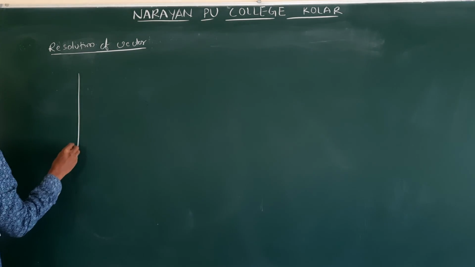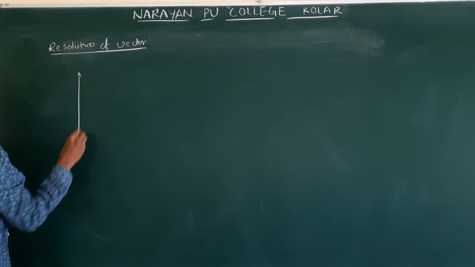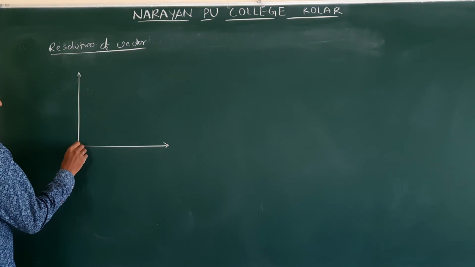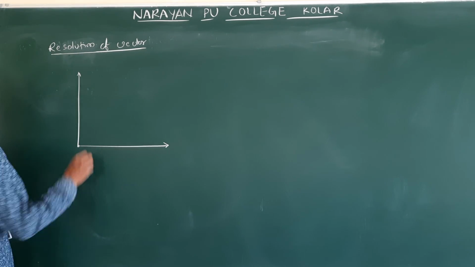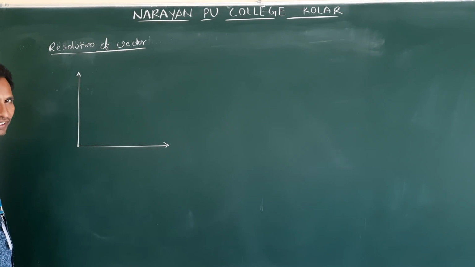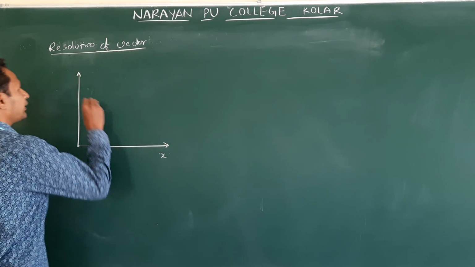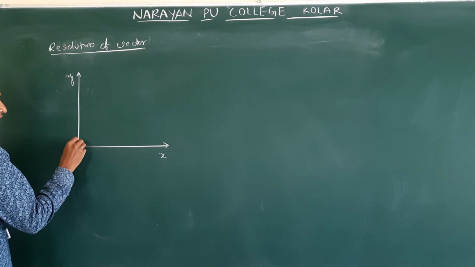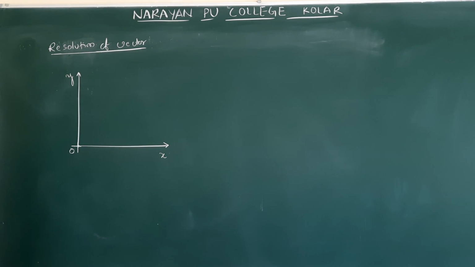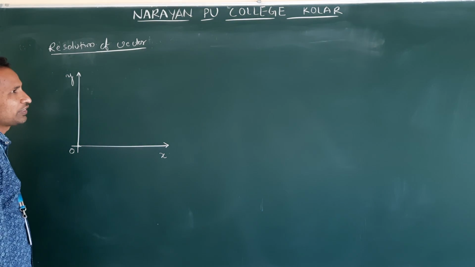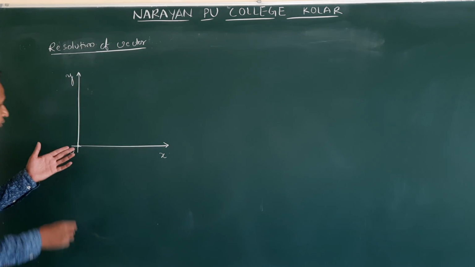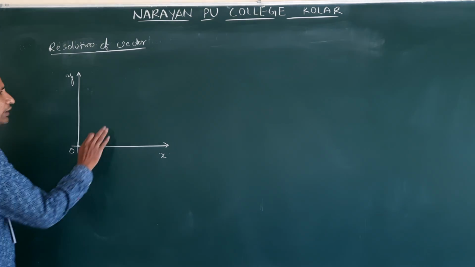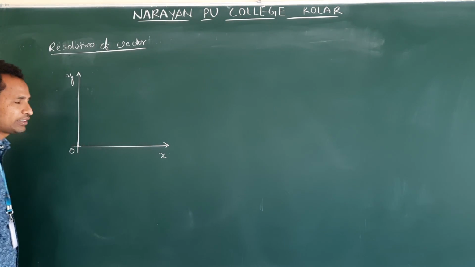Now I am taking a position vector. To specify the position vector, we need a reference point. So in physics, the reference point is the intersection of the coordinates. This is x and this is y. The intersection of these we take as the origin. Origin is the reference. If you have 3 dimensions, then we will have one more coordinate here, that is the z axis. Understand? Right now we will confine to only 2 coordinates.